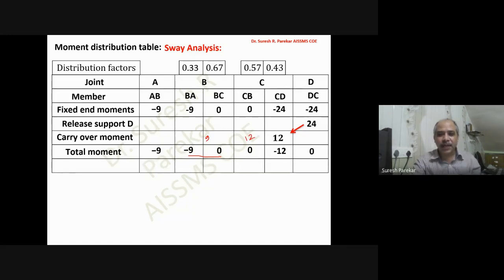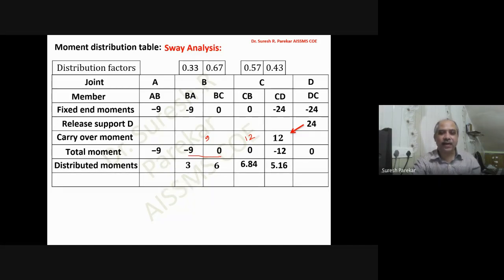Then we have to multiply these values using distribution factors, and we will get these values in this fashion. Now whenever we have distributed moment, whenever we have released moment, we have to carry it over. So we will carry over moment. I will get it as 1.5, then 3.423, and here 0, because we know D support is a simple support, roller support, and we do not have carryover moment for this. No carryover moment, and therefore we are going to get this value equal to 0.